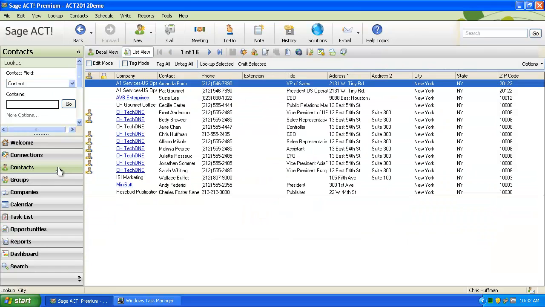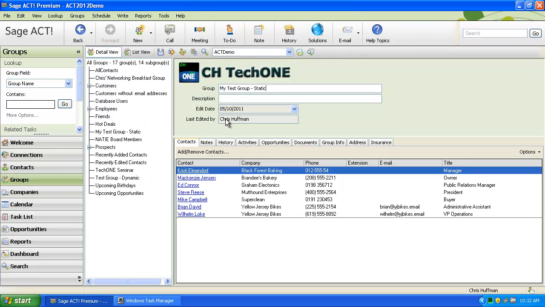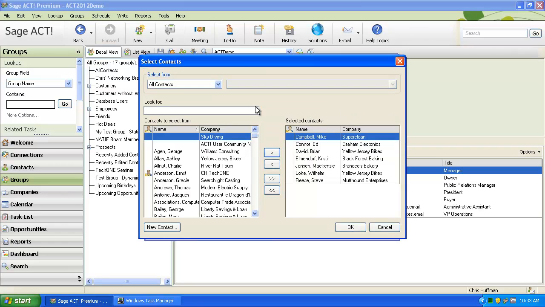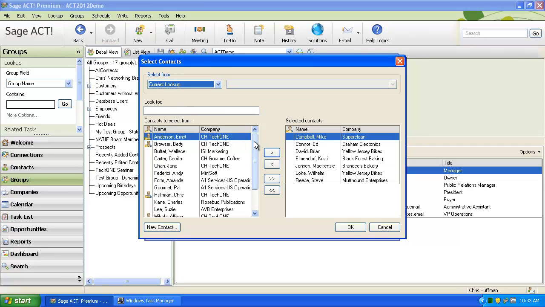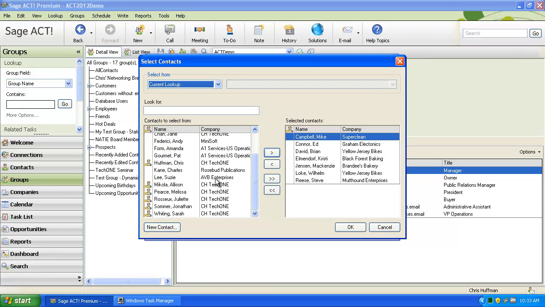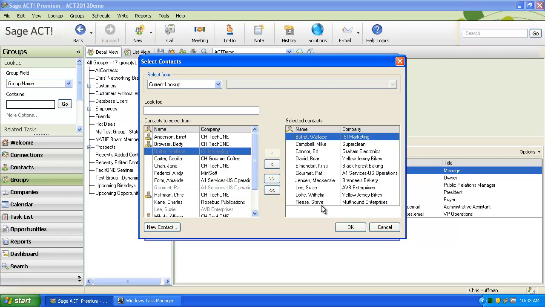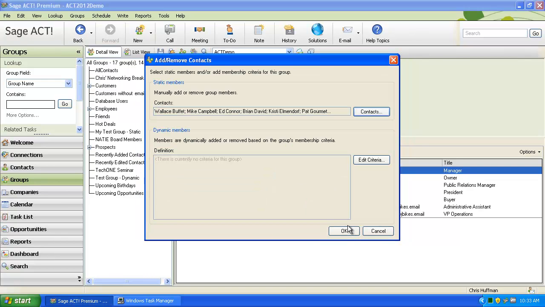So now if I go back to my groups, and I'm still on my static test group that I created, and I go to Add Remove Contacts, I go back to Contacts again. Now I'm going to change this. So instead of choosing from all contacts, I'm going to choose from the current lookup. Now it's narrowed down, and I only have 16 contacts to pick from. So I know that I wanted to add a couple of contacts from New York, and I've found them, I've added them to my list, and I click OK there. So you can scroll through the whole list and pick them. You can do a lookup first to add them,